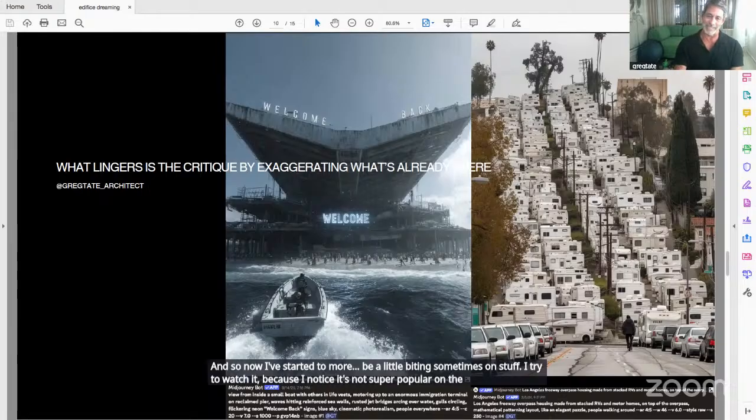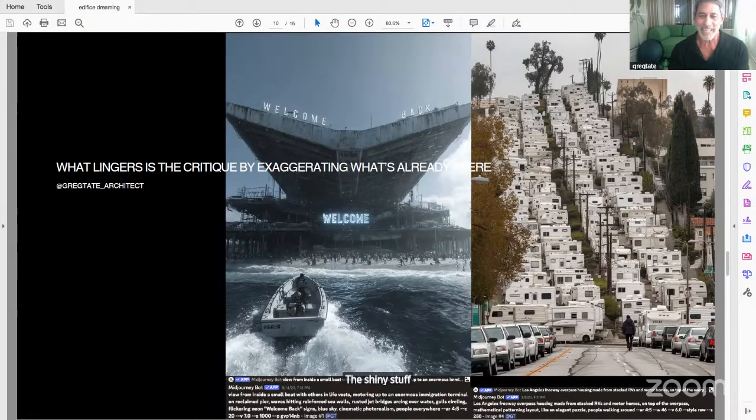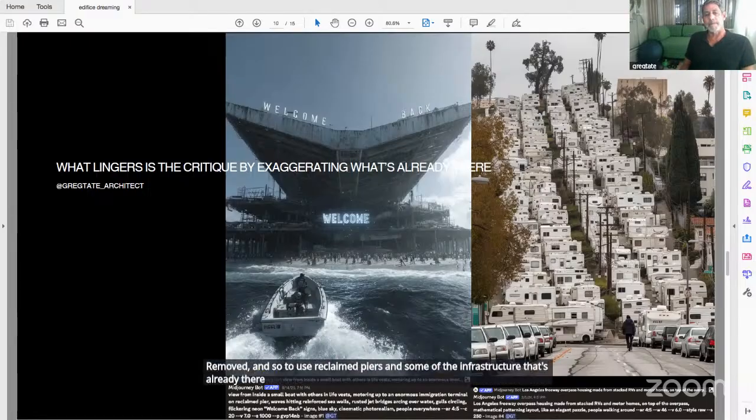I notice the shiny stuff is, but I can't do that. So, again, what lingers after the humor is the critique, exaggerating really what's already there. And in this case, it's a message or a moment about welcoming back a lot of immigrants that were removed. And so using reclaimed piers and some of the infrastructure that's already there to do that.